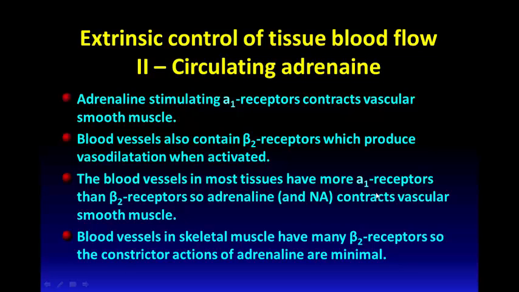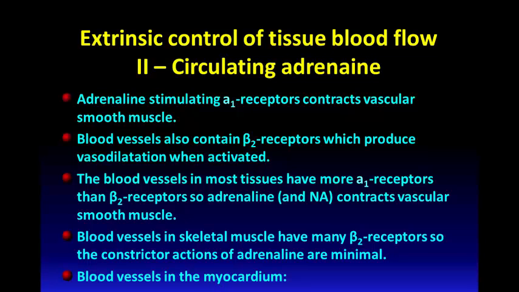Blood vessels in skeletal muscles are unique since they have more beta-2 adrenergic receptors than alpha-1 adrenergic receptors. Hence, the constrictor actions of epinephrine are minimal. Some physiologists also believe that the arterioles which we have in the cardiac muscle tissue, the myocardium, also have more beta-2 adrenergic receptors than alpha-1 adrenergic receptors, and we will describe this in more detail in the